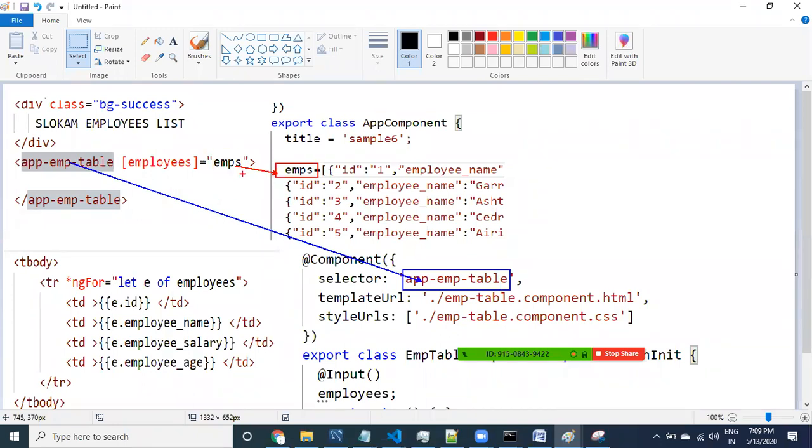And this data is applying to whom? This employees. Employee is available where? The data is available where? See here guys. The data is passing to this employees. All right, let us look at how data is flowing. See here guys, data is coming from here to here. Otherwise, I will do one thing. Here employees, data is going to come like this, and then data will flow from here to here.